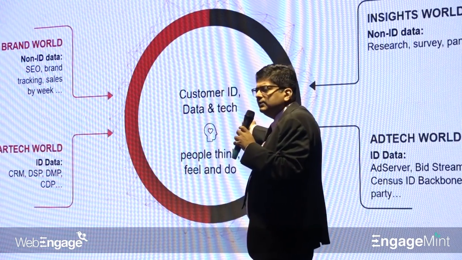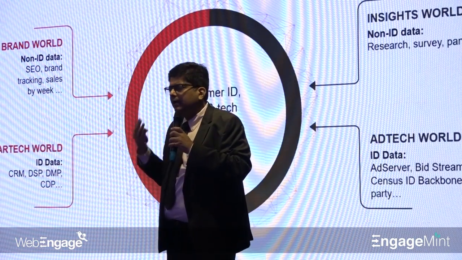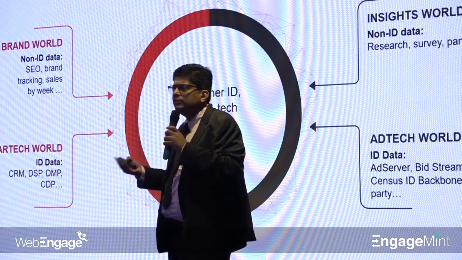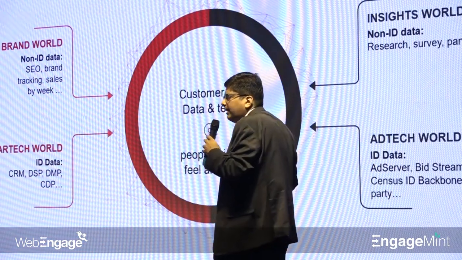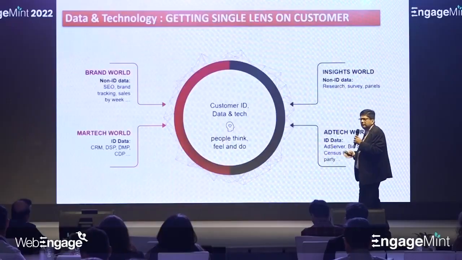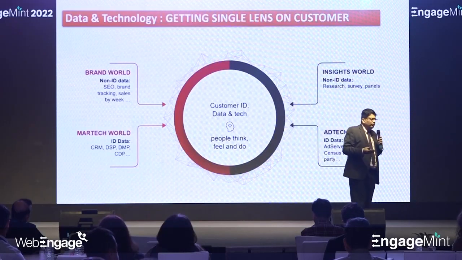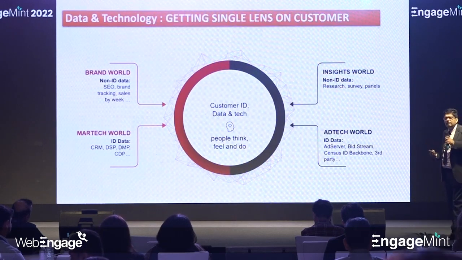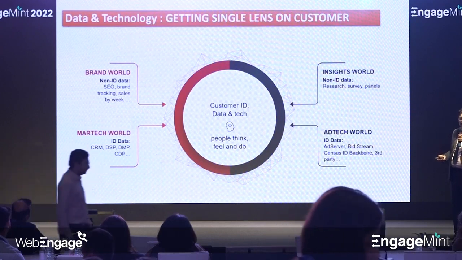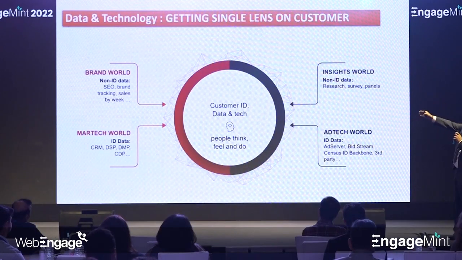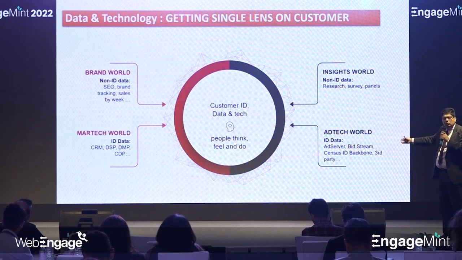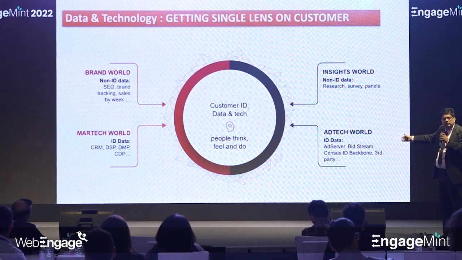When you have a single view of your customer, you obviously need to create identifiers, tags within the system, which identify who's your customer, who's not your customer. Today, you just have people walking into your website, people walking onto your app. You have cookie pools. But if you can tag them, identify who's my customer, you will start progressive profiling him. You'll profile him with the touch points that he's engaged with. You'll profile him with the behavior he demonstrates on the site, right? And it also helps you to bring in the non-tagged, unidentifiable data points and the identifiable data points to marry back to your customer cohorts to build a sharper picture, right?